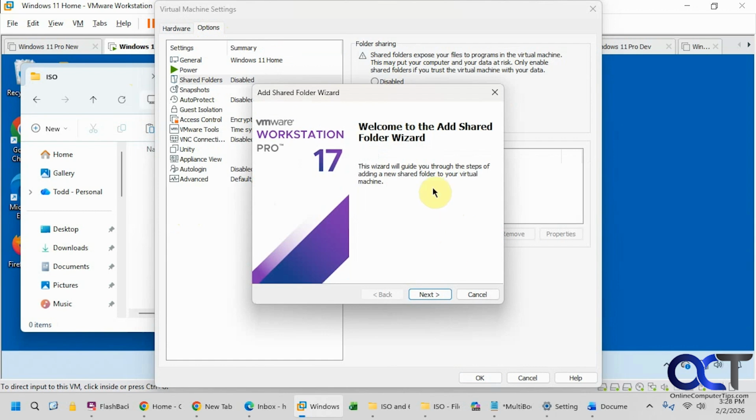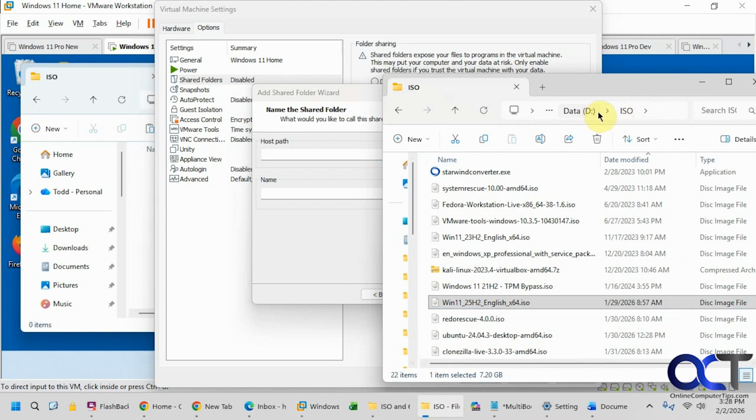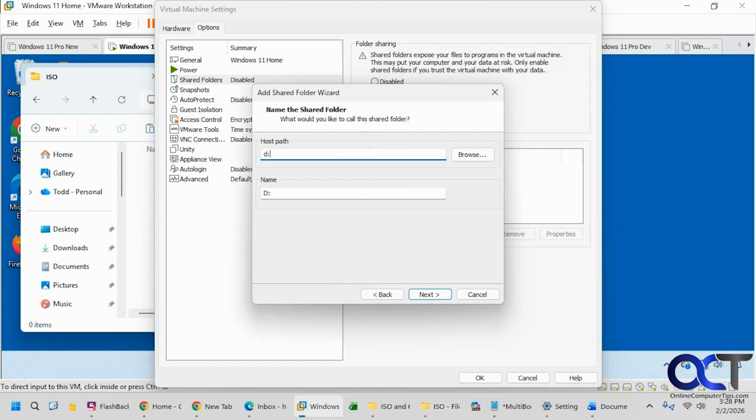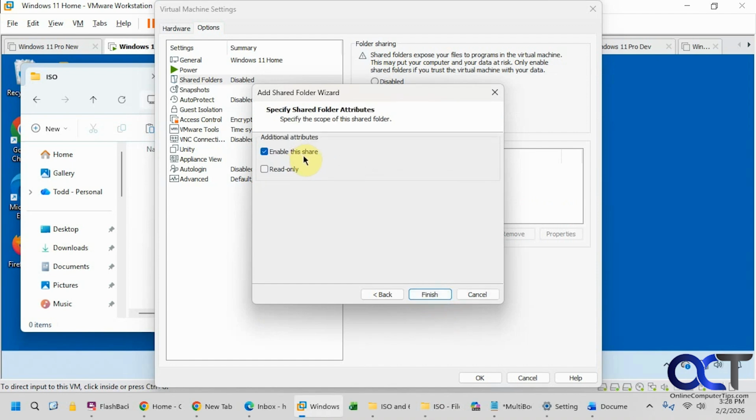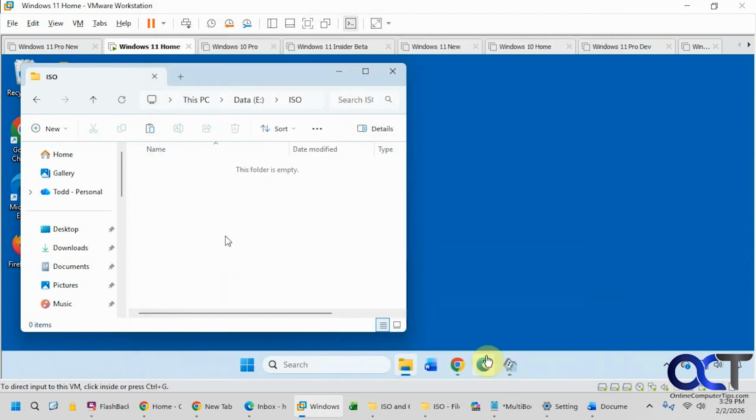So if we go to add, go through the wizard here, we could just say we want to go to this folder here, which is on the D drive, the ISO file folder here. So you could browse to it or just type it in, click on next, enable the share, or just have it be read only and finish. All right, so now if we click OK,